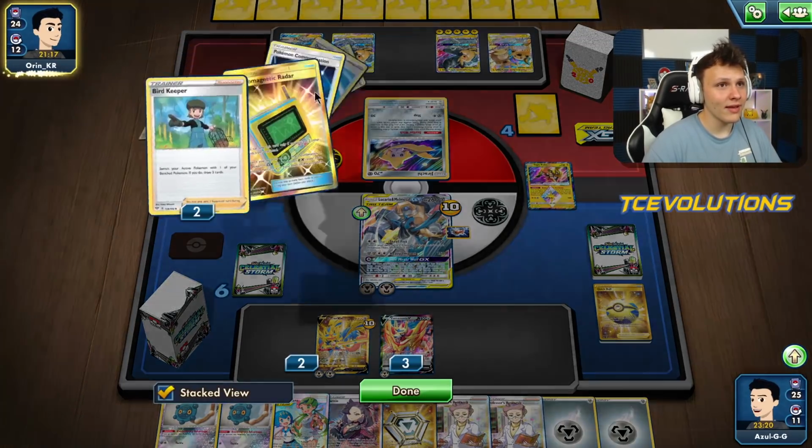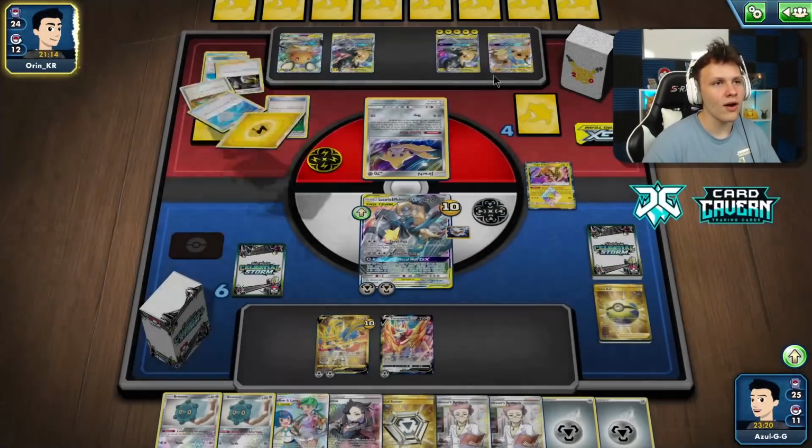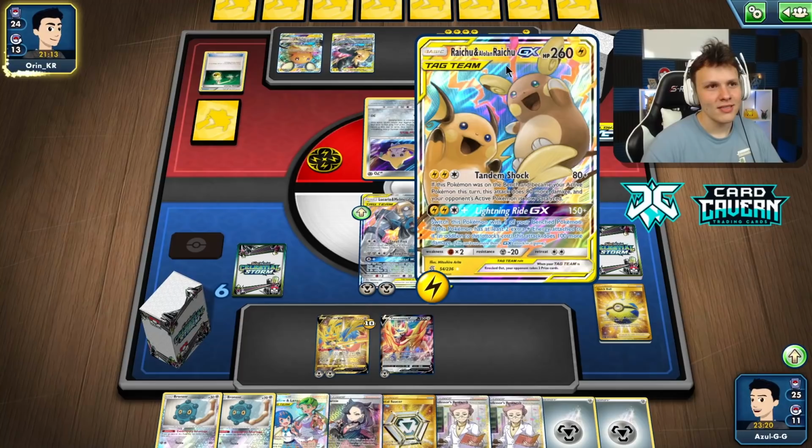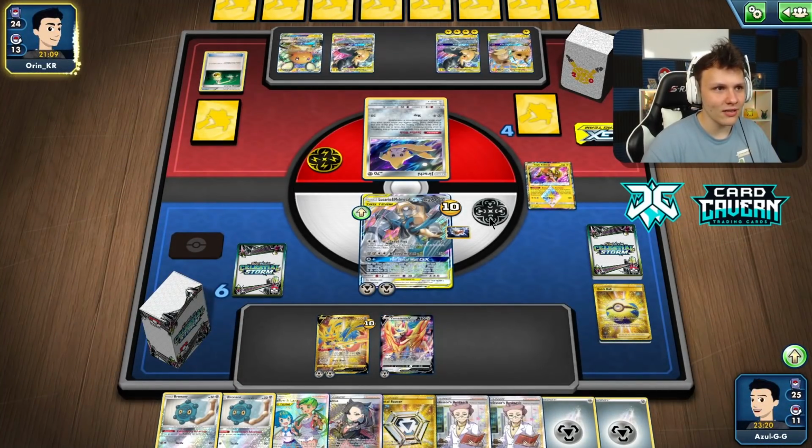The goons are back in the hands. Okay, there he is. Raichu. Do they have any energy they can... All right, here we go. The E-switches are coming. All right. They know what's up. They know they need to get into that lightning ride. Now I'm getting a little bit scared, actually. Now it's looking a little bit...